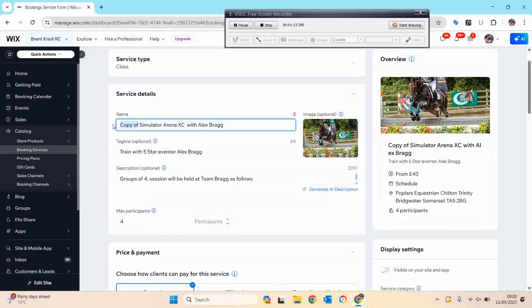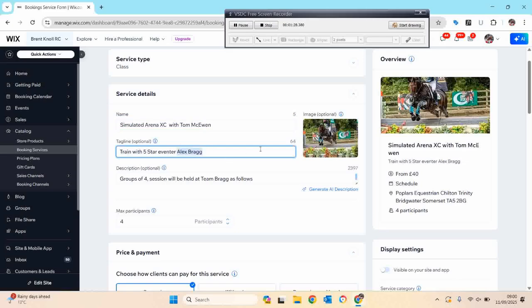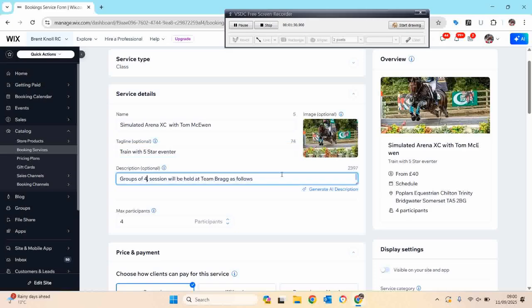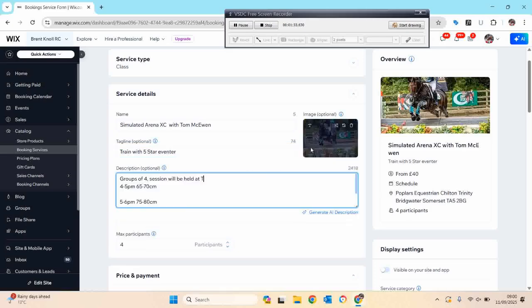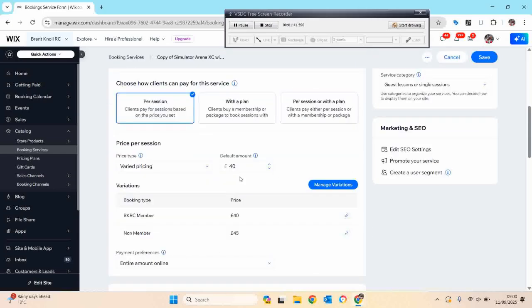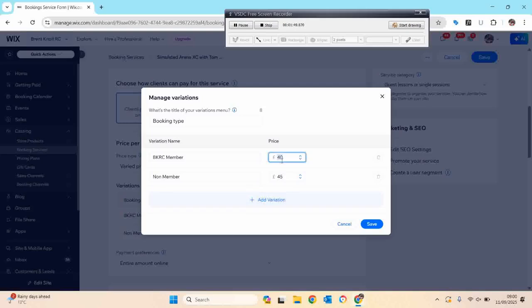so it's simulated XC Tom McEwen, for example. Change any details. And you might want to change the price, maybe it's 45 quid now, because we've put prices up, so let's say it's 45 for a member,